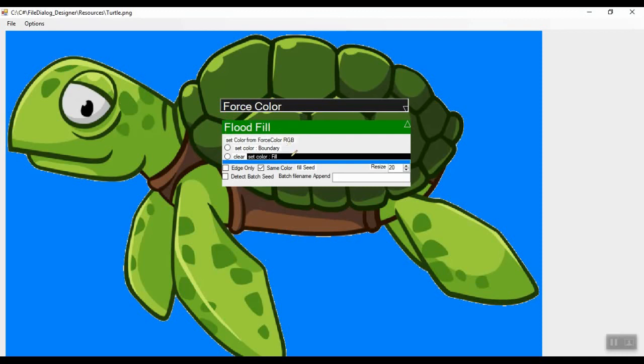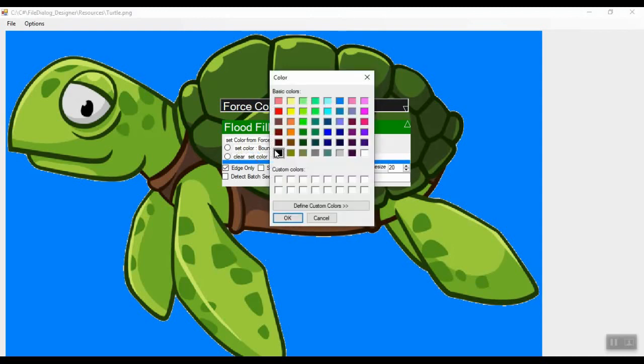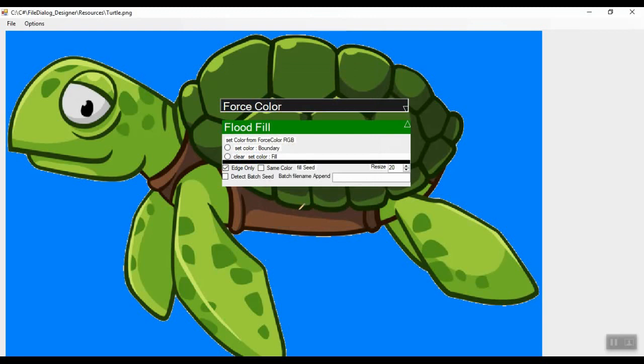So what we're going to do instead is uncheck this same color and check the edge only. All right, we're going to sample the blue color with the eyedropper. Then we're going to set a background color. Clear that and set the background color to black. All right, so now we have boundary color blue, the color that we want to add is black, and we're using edge only. So we click on fill seed, click anywhere inside here, and what it does is